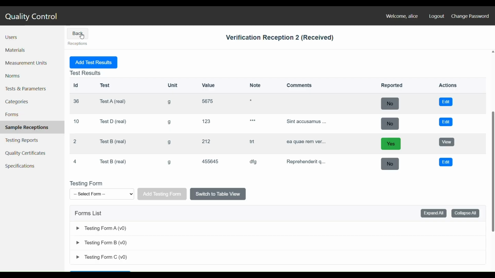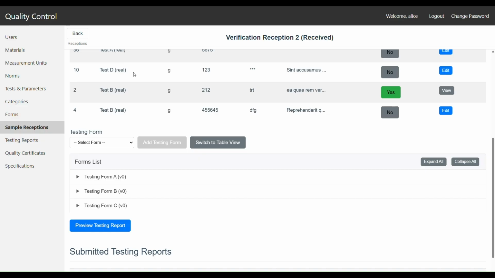If a mistake is detected in the testing report, another report will be issued with corrected values and the appropriate explanations. At the same time, the old one will be cancelled but not deleted. The record of this failure will remain as evidence. Before issuing the testing report, the laboratory personnel can preview the report